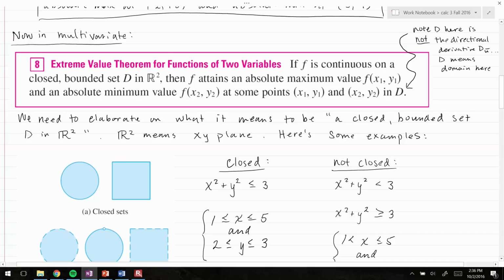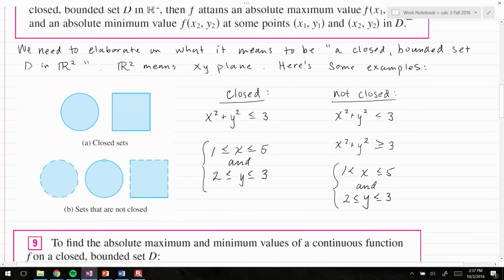And so before, that was kind of really trivial when we talked about the domain or the closed interval from, in our example above, -2 to 3, or was it 4? I forget. Anyway, it was just given and it's like, okay, not a big deal. But here we're in R2, so we need to talk briefly about what it means to be a closed bounded set D in R2. So first of all, again, we're talking about x's and y's together, and just some examples here, it can get more complicated than this, but